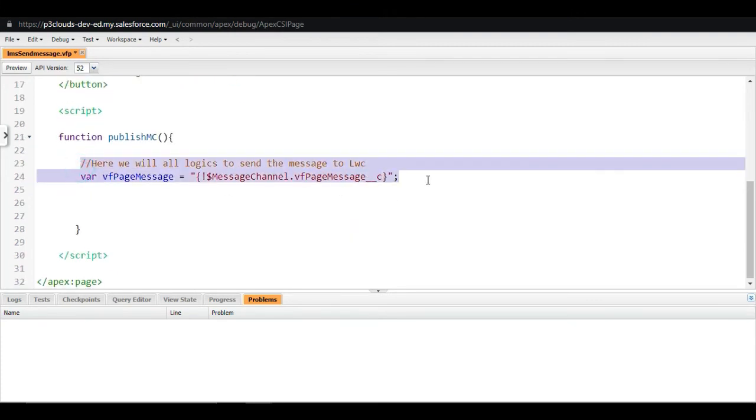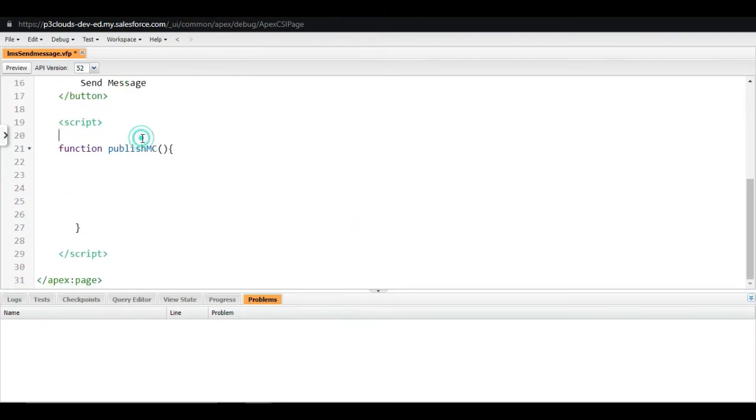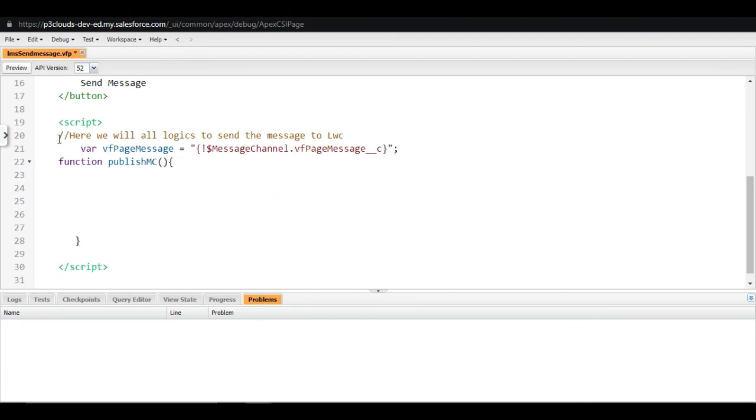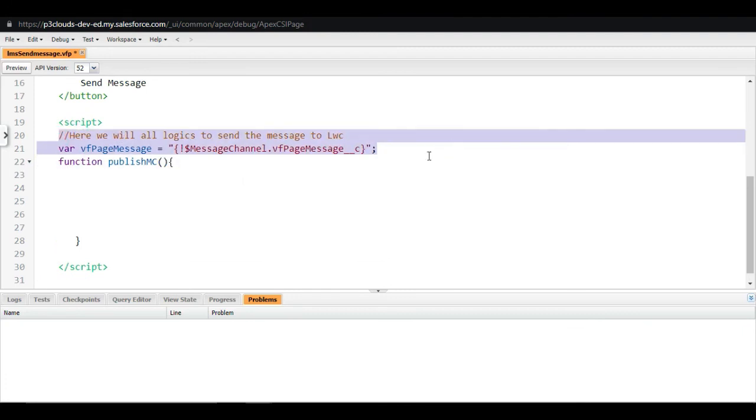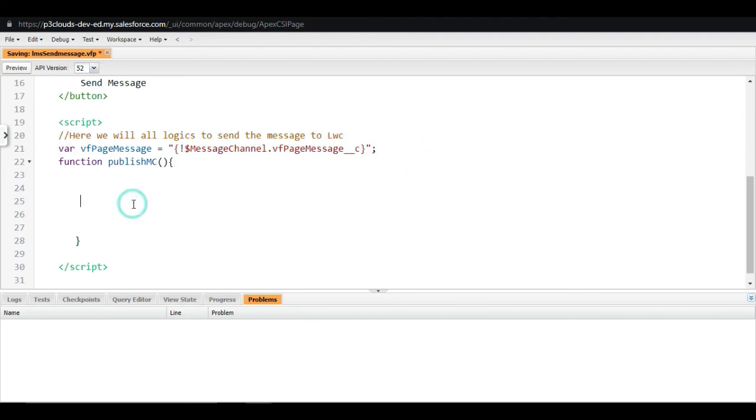One thing we can do is put it outside of the function. That would be better for us. Okay, now here the real magic would happen. Here we'll define a constant, and we'll name it message, and here we will write our message, whatever we want to send.